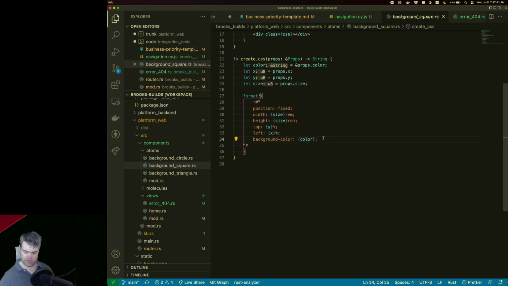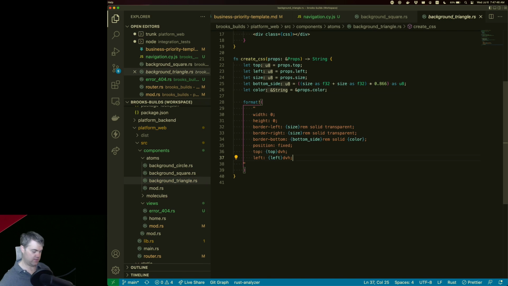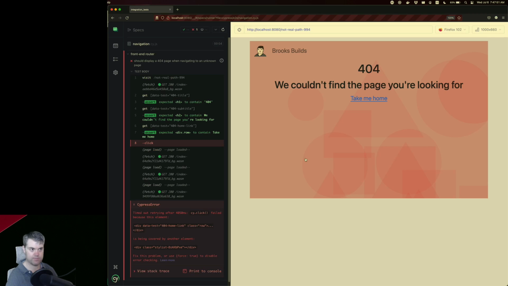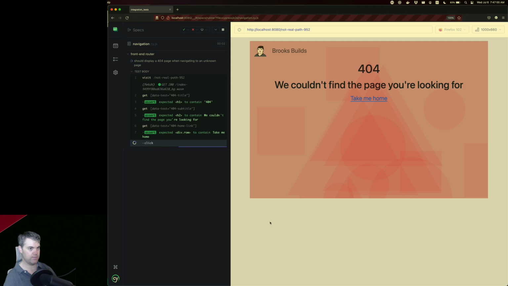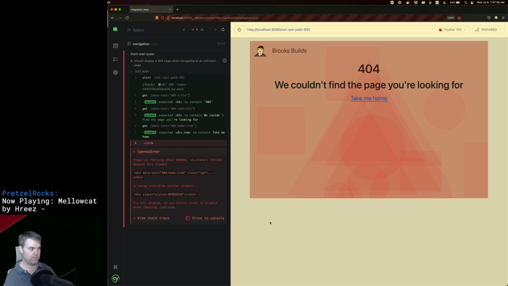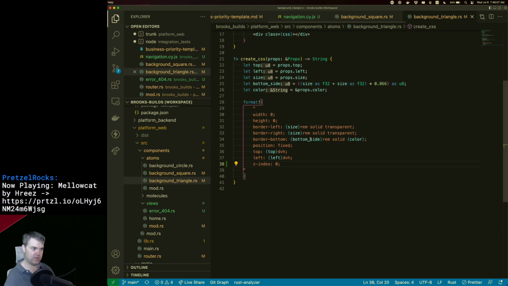Square, you do not. And triangle, you do not. Okay, still the same problem here. I can't actually click on that because I'm clicking on these instead. So you're not behind this. Okay, so if you're z-index 0, then I want to go back to